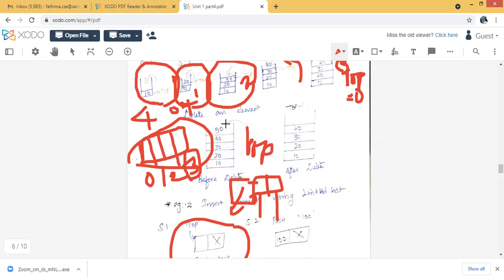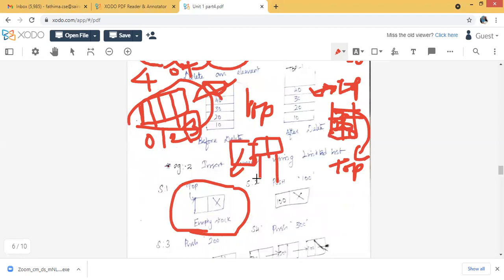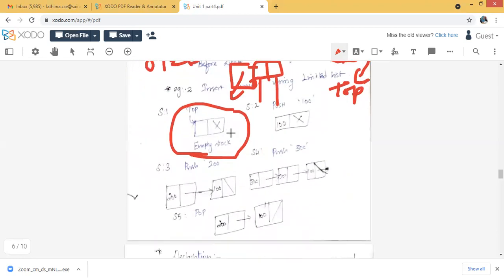If you want to pop an element, obviously the top is decremented by 1. So 50 is deleted. Now it points the top as 40. This one will be pointed now. If you want to pop again, it just gives the resultant stack like this: 10, 20 as well as 30. The 30 indicates the top position now. So this is the concept of array based implementation of stack. Hope you are clear about that concept.